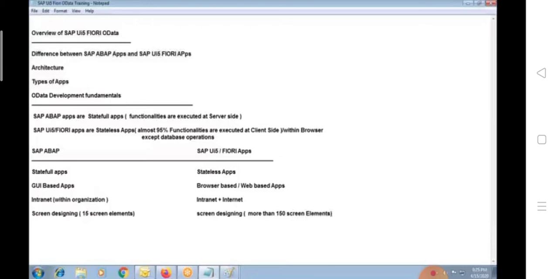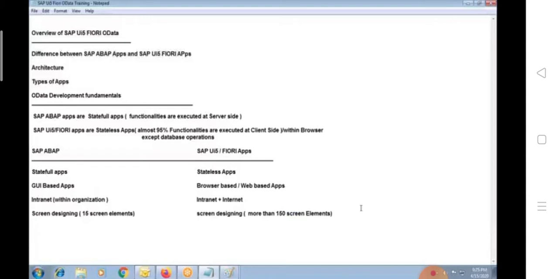We have several screen elements, so we can provide more user interactivity features. We can develop the screens according to the client requirement, and we can satisfy all the user interactivity features because we have more screen elements here. Almost 10 times more than normal ABAP screen elements.